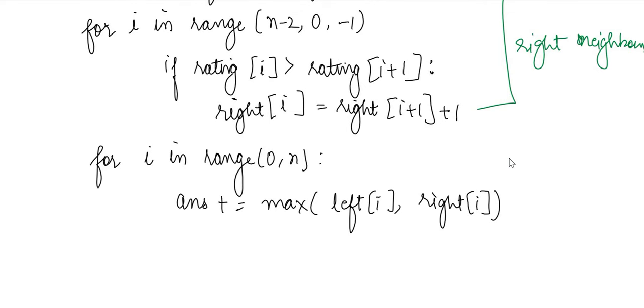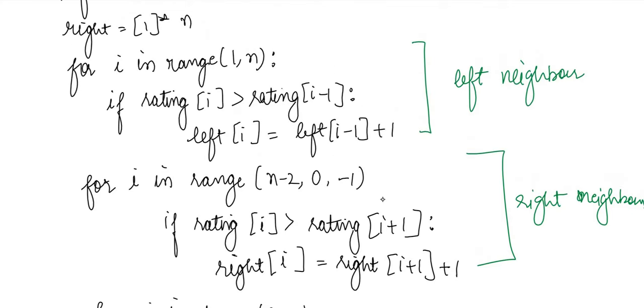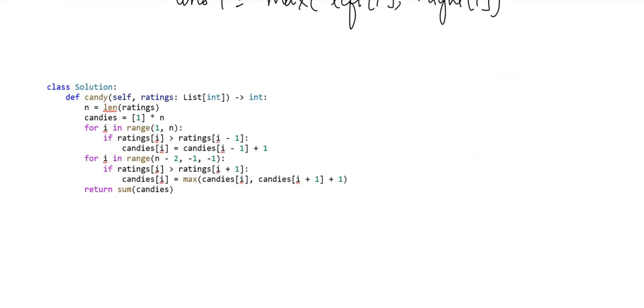What we can do is we can do the same program using only one additional array. First of all, we can run the left to right pass, and the right to left pass we can run on the same array. Okay, I will show you how. See, as I was saying, we can do it in the same array. We can take one array. On that array only we can first check if it is greater than its left neighbors and increment the value here like we are doing.